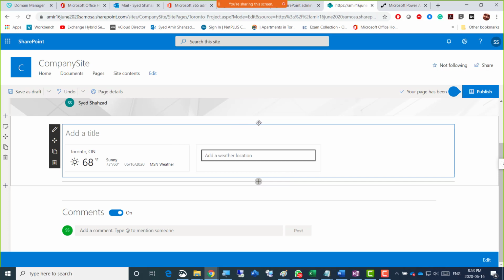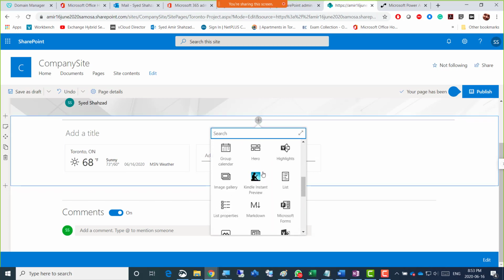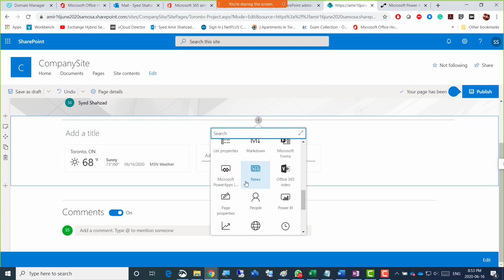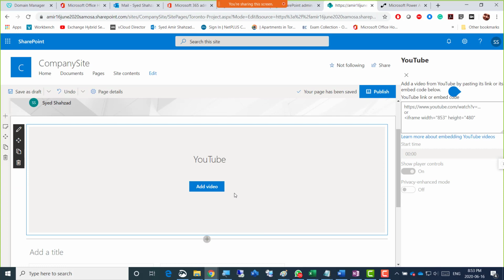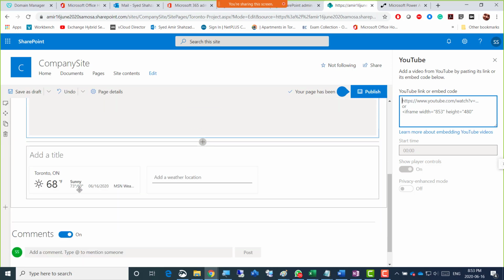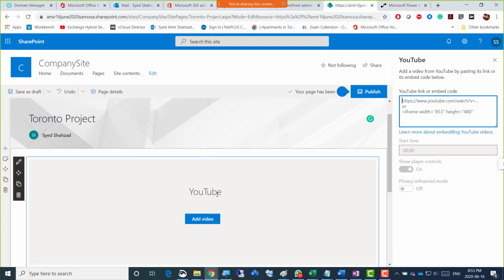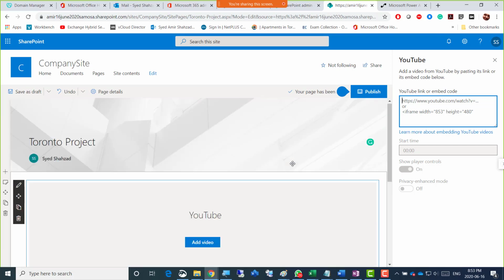So if I go for a plus sign again, and then I want to show that calendar as well, or YouTube, the company add a video. So that could be a video of. You just need to add a URL then, and then it's going to show that video. It will start running that video as soon as you open that page, right? So while the weather is coming there, you can just keep on adding all the web parts here if you want, right?